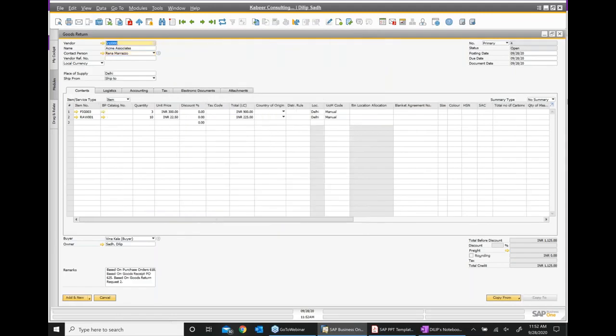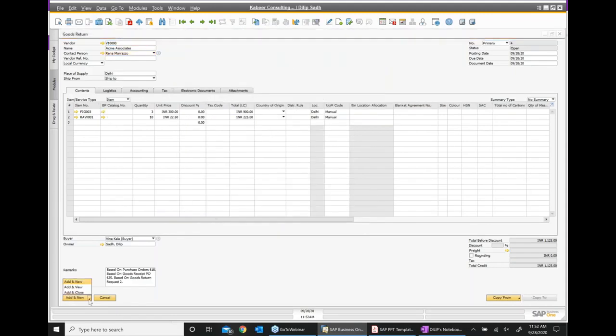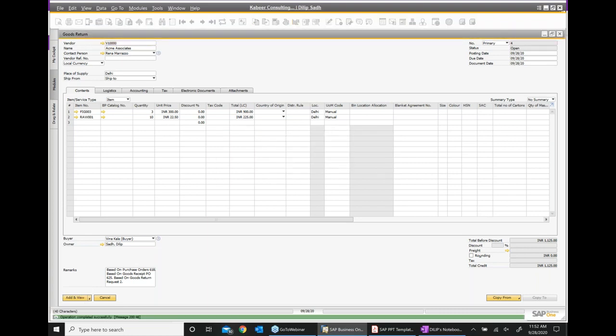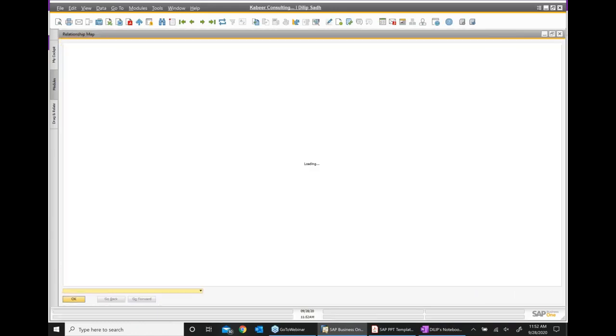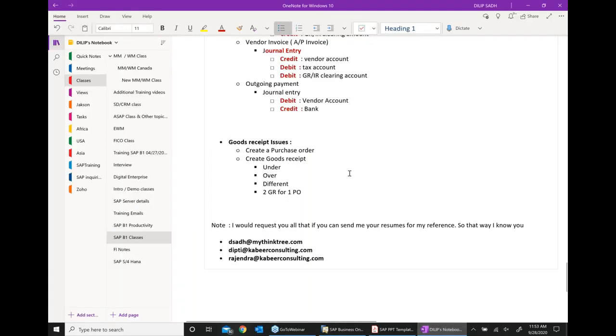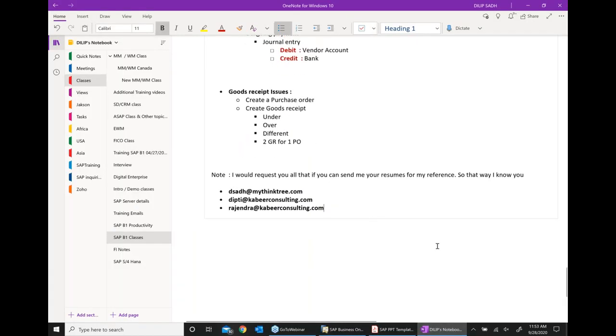And this is the good return. And then, I said, what we have done so far. This is what we did. We create a purchase order. We create a good receipt against PO. Then we get a return request. And then we did a return. So what we did, we have done exercise